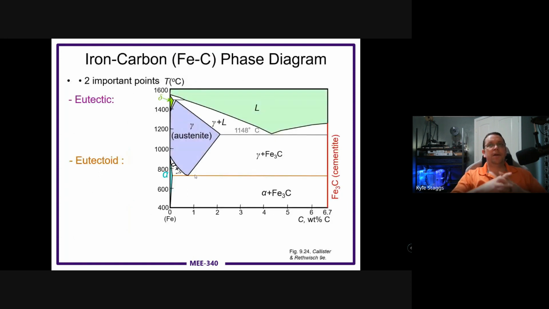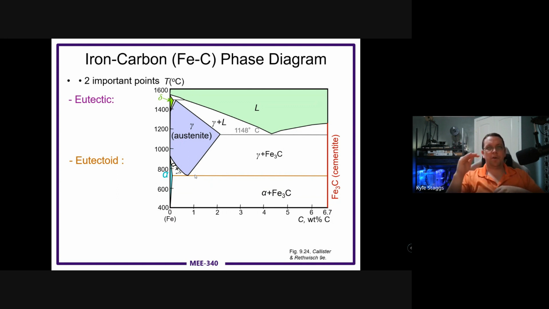So that's the nomenclature for it. So this is a section of the phase diagram, and this will give us a couple key points. So the gamma phase is way up at the top there, very high temperature, very low carbon content. It exists only in a very narrow region. The austenitic or austenite range for gamma is where we start seeing some changes in terms of being able to harden materials when we melt up into that phase. So above that